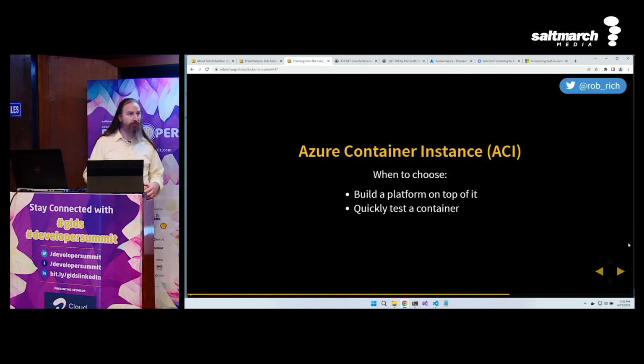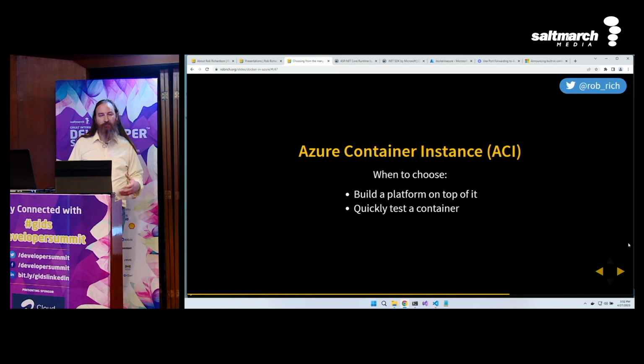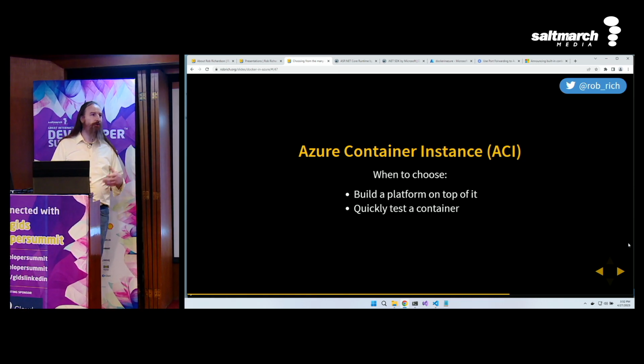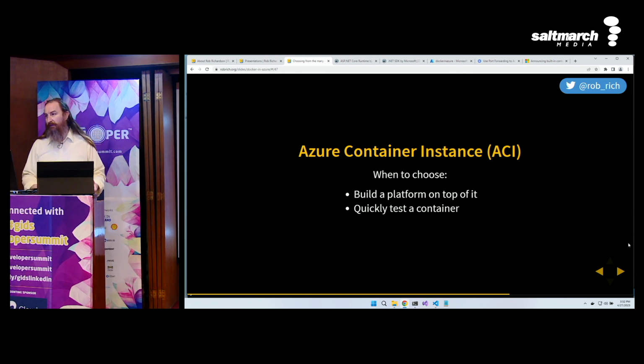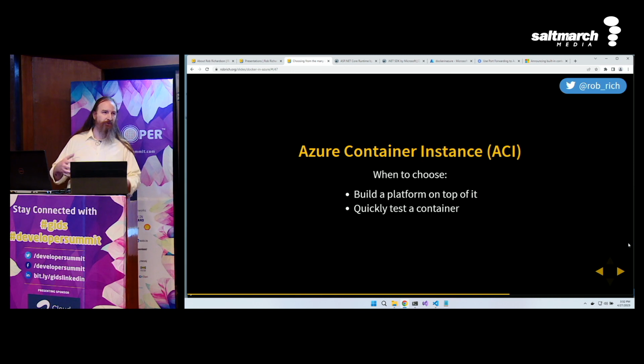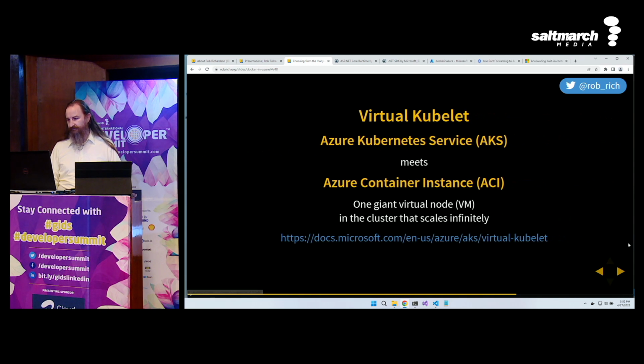But if I wanted to build a service where each client got a separate VM for their session, then I might use Azure Container Instance to build my platform on top of it. Or maybe I just want to quickly test this thing in development and see if it goes. I could use Azure Container Instance for that without having to install Docker Desktop on my machine.